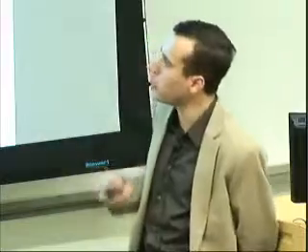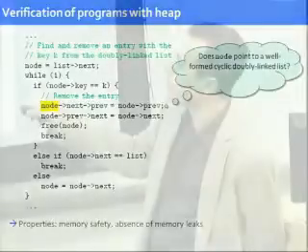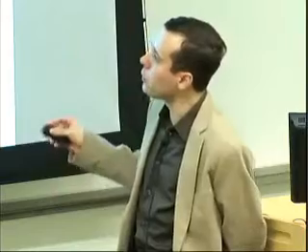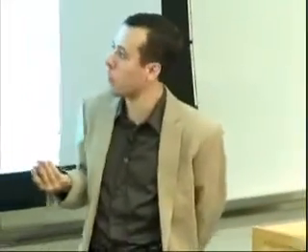Now, it happens that to do this, we'll have to know that, for example, at this point in the program, this node guy points to a well-formed cyclic double-linked list. And that's because these two statements here are going to try to delete an entry from the double-linked list. And if this pointer doesn't point to a well-formed data structure, they will dereference unallocated memory and the program will crash. So you basically need some kind of information about the structure of the heap. And this information is not something that your type system is going to give you or that a shallow pointer analysis could give you. So you really need some kind of specialized program analyses to recover this information.